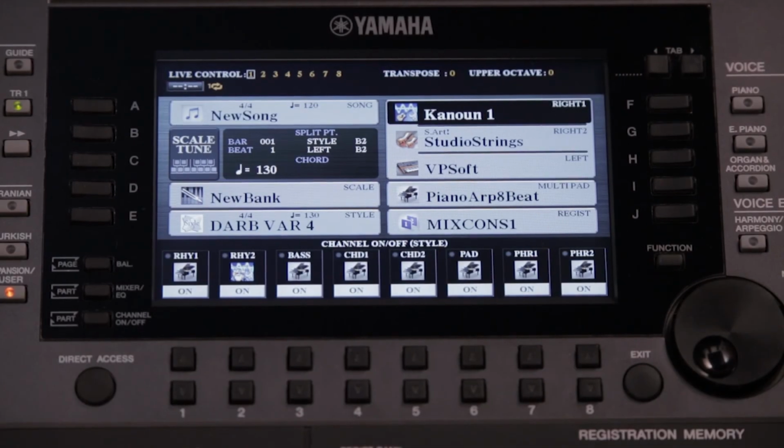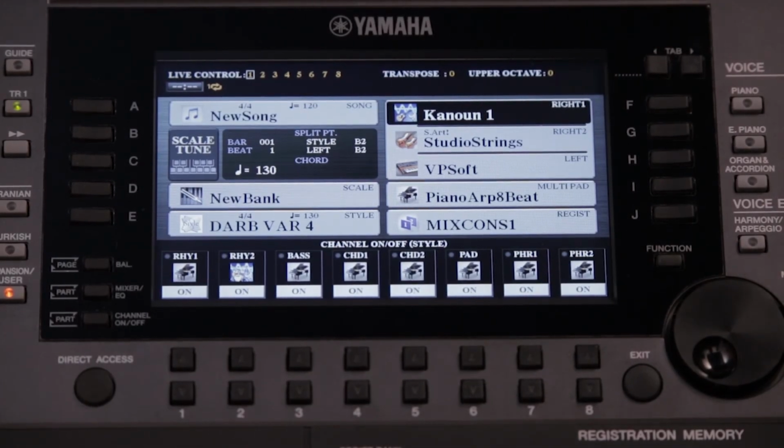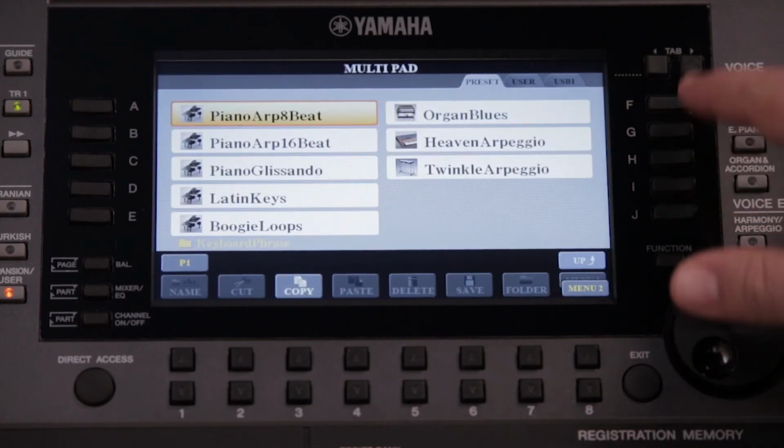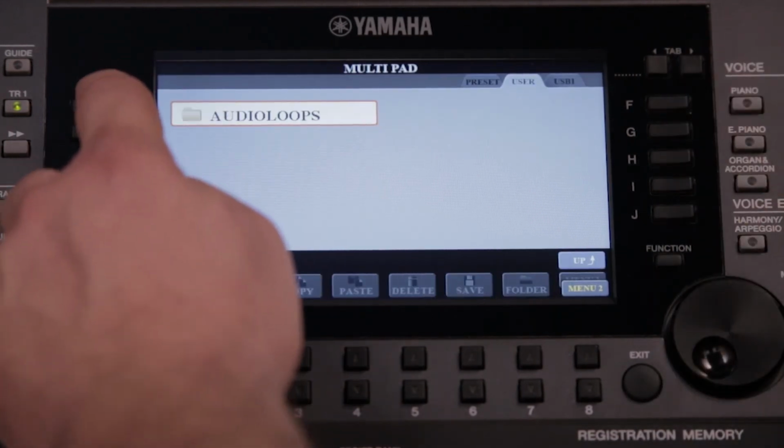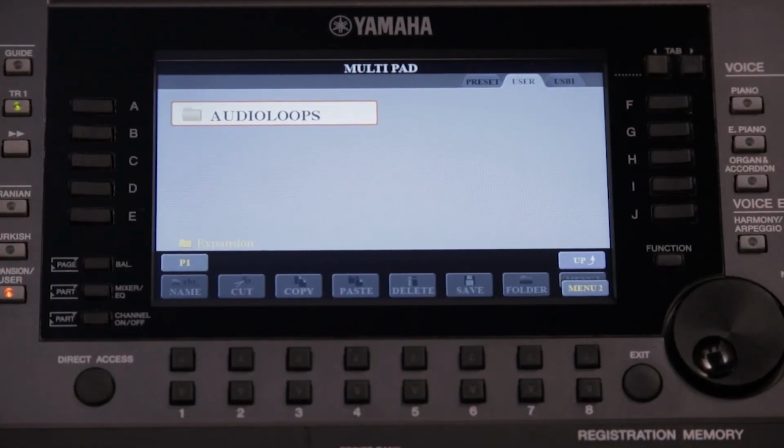You can also use the audio loop as multipad. We select it via the multipad page, then expansion page, so the loop is consistent with the speed of the style. For example,